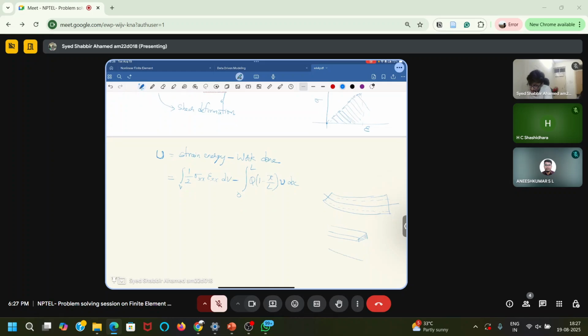If this is not constant, the beam will look something like this. Here the cross section is not constant; it is varying, linearly varying, or something. But here we are assuming that this cross section remains constant throughout the length. So that's why I can make this integral and convert it from a volume integral to one area integral, and I can write this as